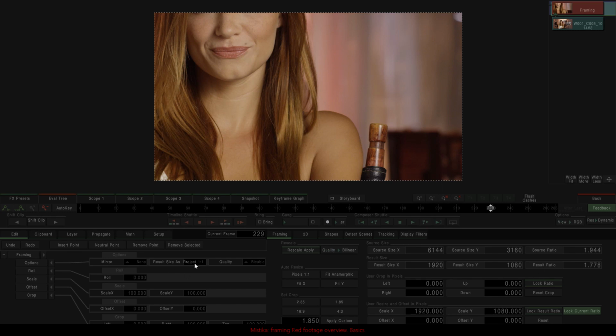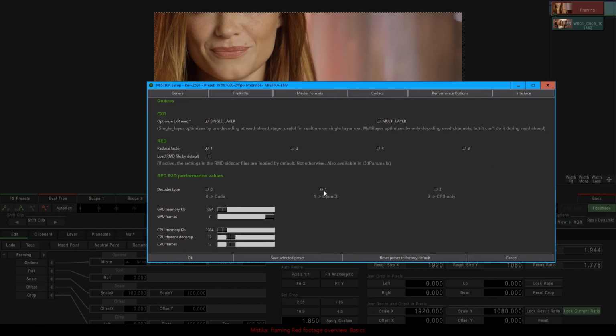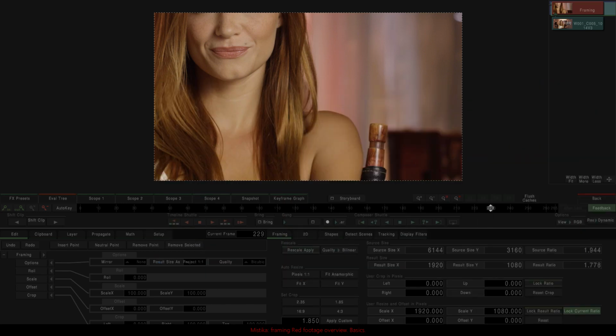So, if instead I bring back again the setup, that's the point to remember. If instead of choosing to work full res, I would have chosen to work half res, that would be equivalent to being at a 1:1 pixel scale.